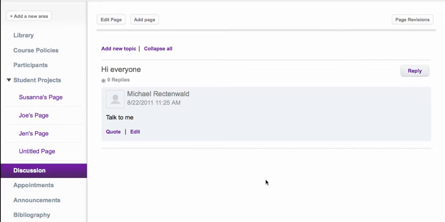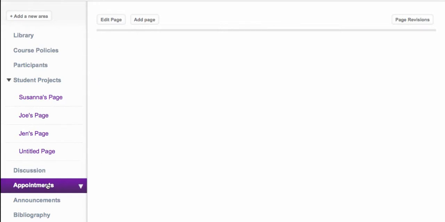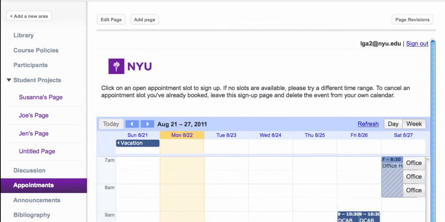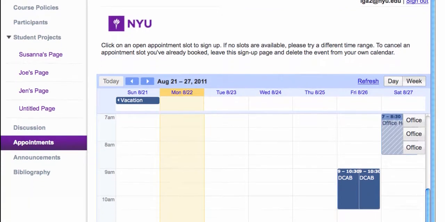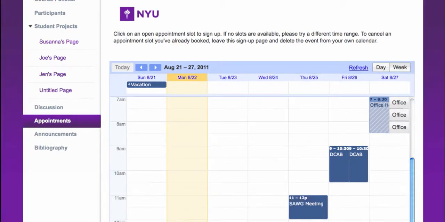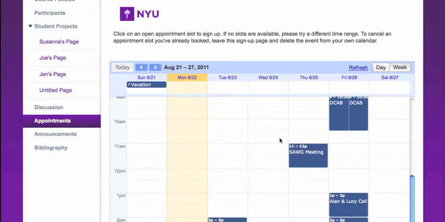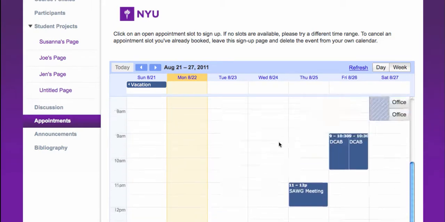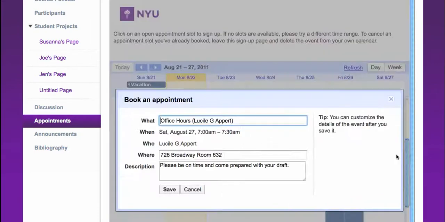We have brought in some remote content actually. So if you look under appointments, NYU has Google Mail and Google Apps for Education, and we have the ability to set appointment slots on calendars. So I have created an appointment calendar here, and I've embedded my office hour slots, so students can click on those office hour slots and make an appointment with me. So this page is actually using the remote content widget to pull in a Google Calendar.